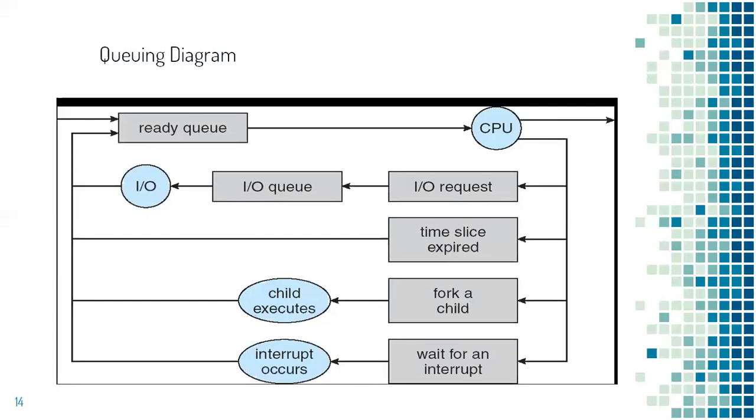So not only IO operations, sometimes the time slice allocated for the process might expire. So the scheduler might allocate time slices for each process in the queue and allocate CPU in a round robin manner. When the process is executing in the CPU, if its time slice expires, it will be suspended from execution on the CPU and it will be put back to the ready queue again.